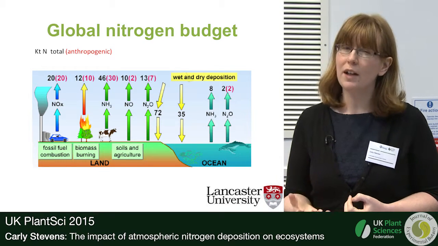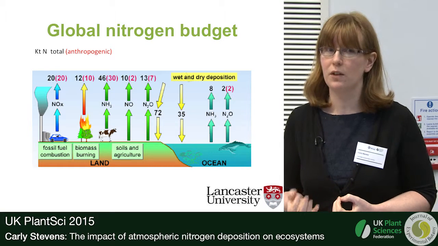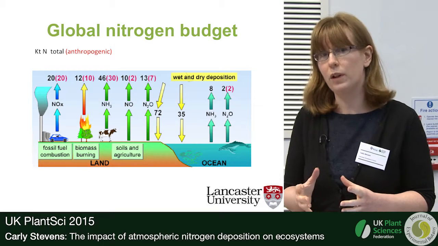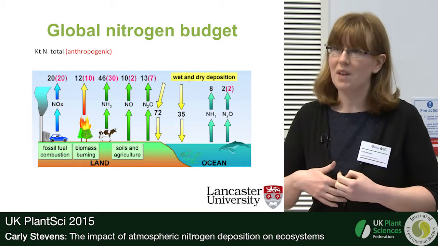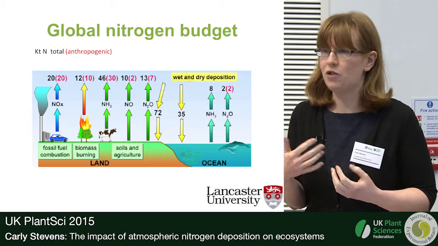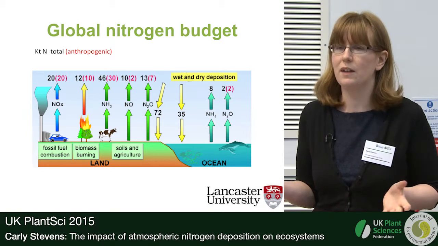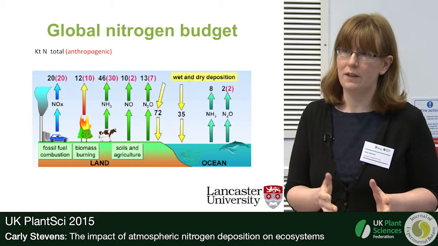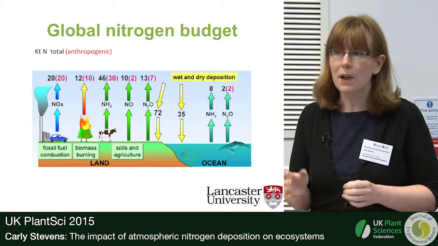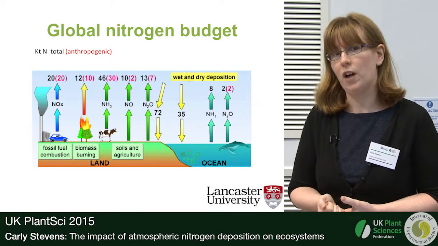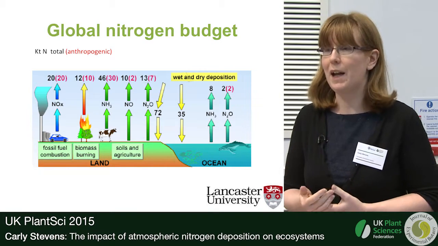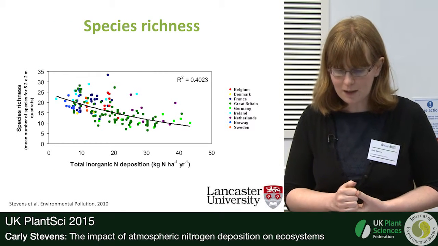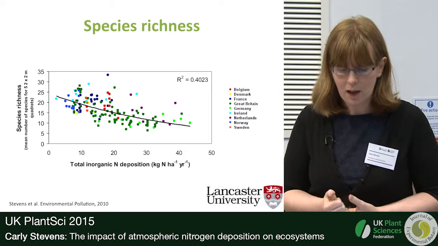And at very high concentrations, we can see a direct toxicity, but that would only tend to be when you're immediately adjacent to a point source. So, for example, right next to a chicken farm, a large chicken unit that perhaps has inadequate ventilation, we might see some direct toxicity effects on the plants. But generally, in the broader environment, these effects are mainly driven by acidification and eutrophication. And the effects are very real.